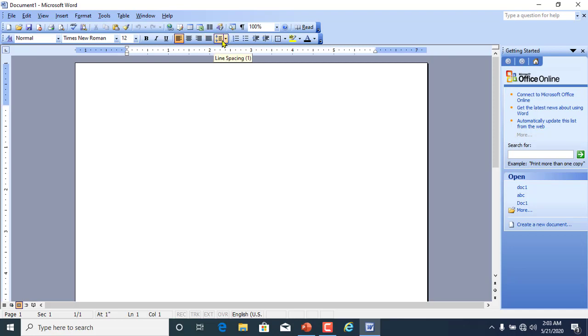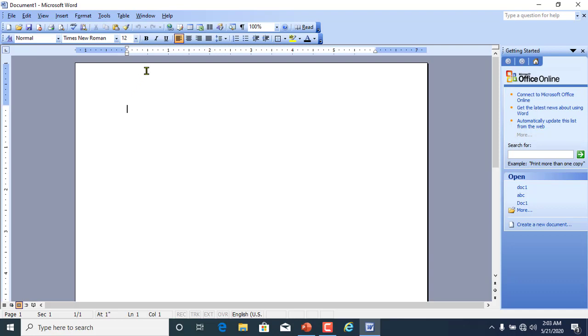This is line spacing. You can adjust line spacing through this button. This is the numbering icon. You can apply bullets by using this icon. This is decrease indentation. This is increase indentation. This is the apply border icon. This is the spelling and grammar check icon. And you can change font color through this icon.